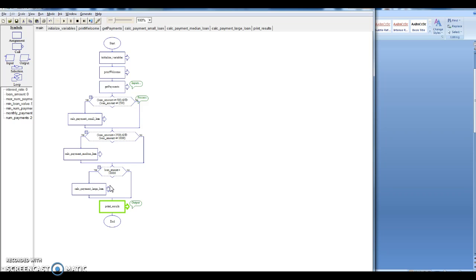Now, one of the things that I would want to do is actually calculate the payment. So I would put another module in here. This is not done because I didn't want to give you a fully complete project. So now I would take this and put it in here. And I would say that I would want to calculate